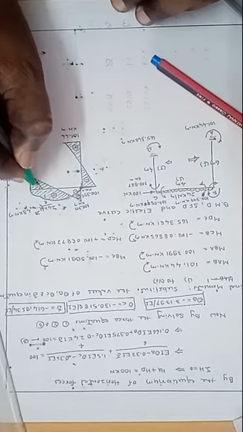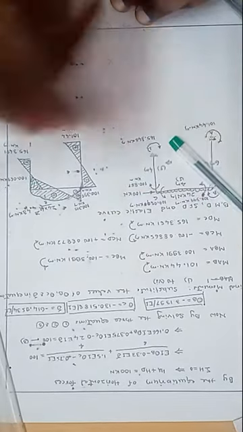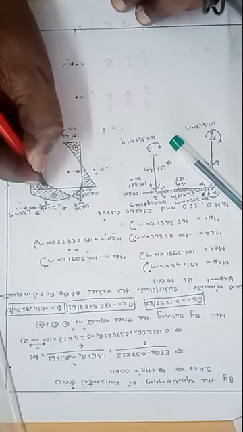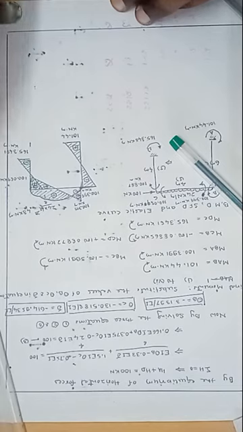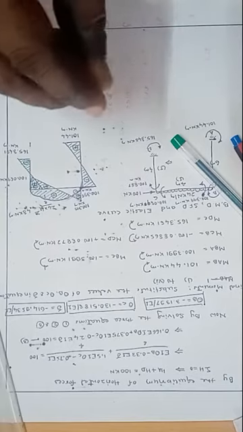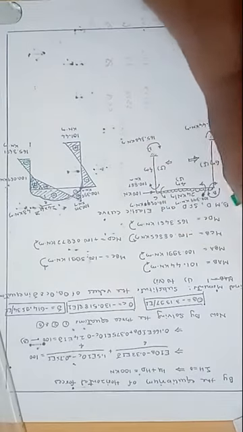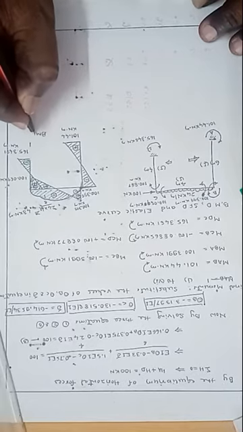Here there is an overlapping of the bending moment. This total is positive bending moment. This is also positive. Here there are two bending moments which we have overlapped. Then this is the bending moment diagram for this one. Now we can draw the shear force diagram.